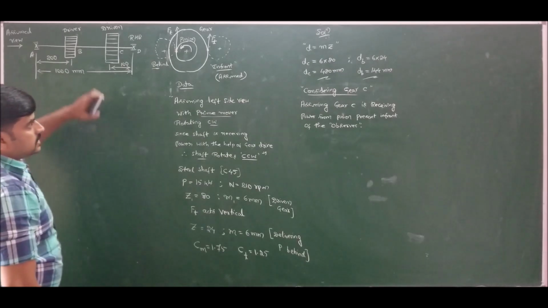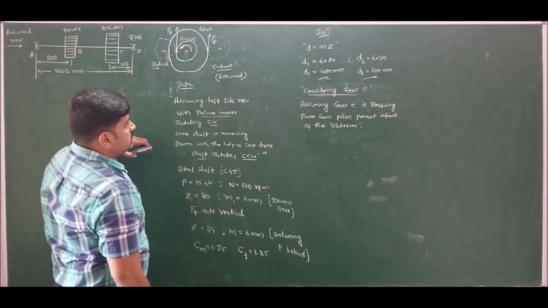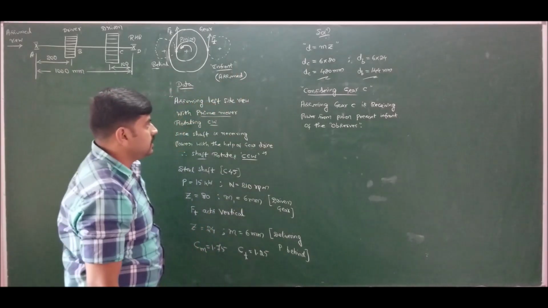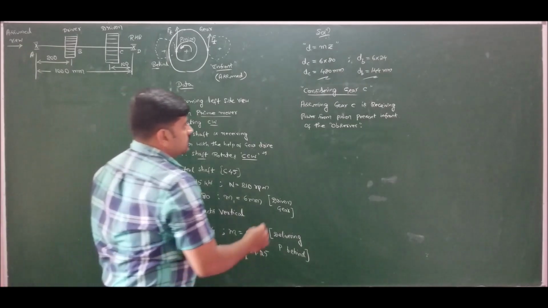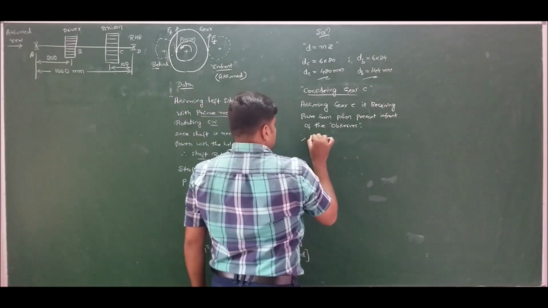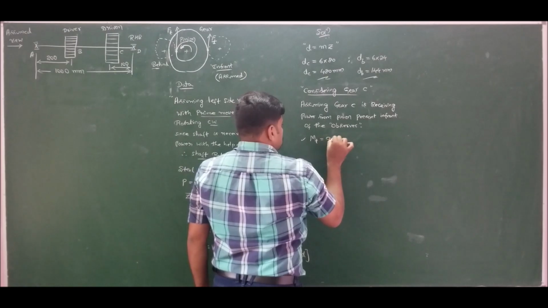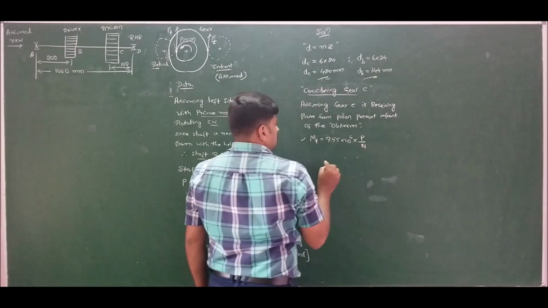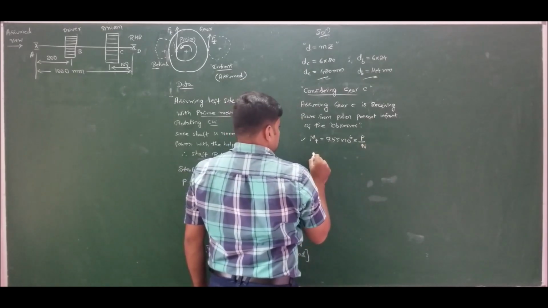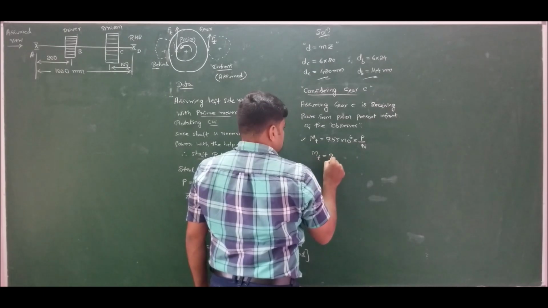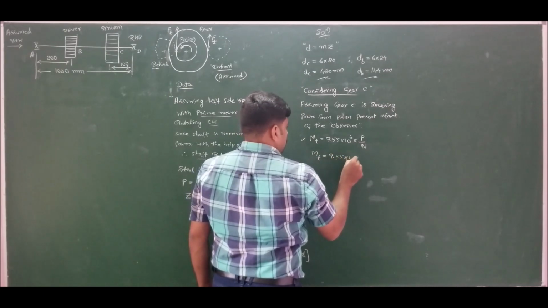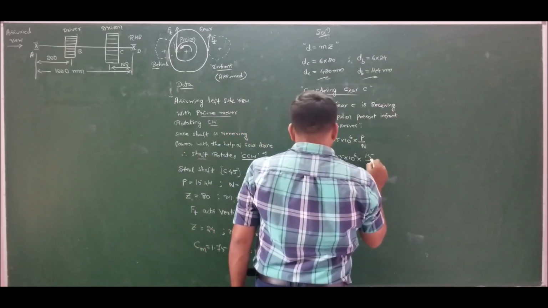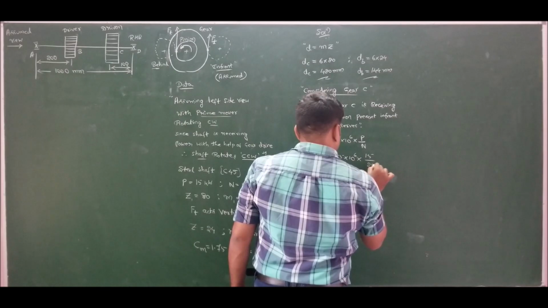Now let us solve this problem. Since the shaft is receiving power from gear C, first I should analyze for gear C. So analyzing for gear C, we have three equations. Using the first equation, that is Mt is equal to 9.55 into 10 to the power of 6 into P by N, we have Mt is equal to 9.55 into 10 to the power of 6 into power is 15 kilowatts at a speed of 210 rpm.